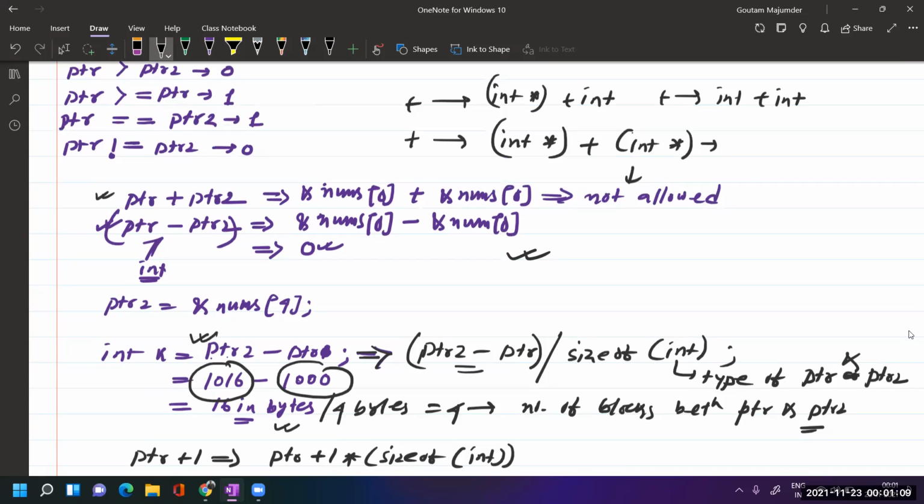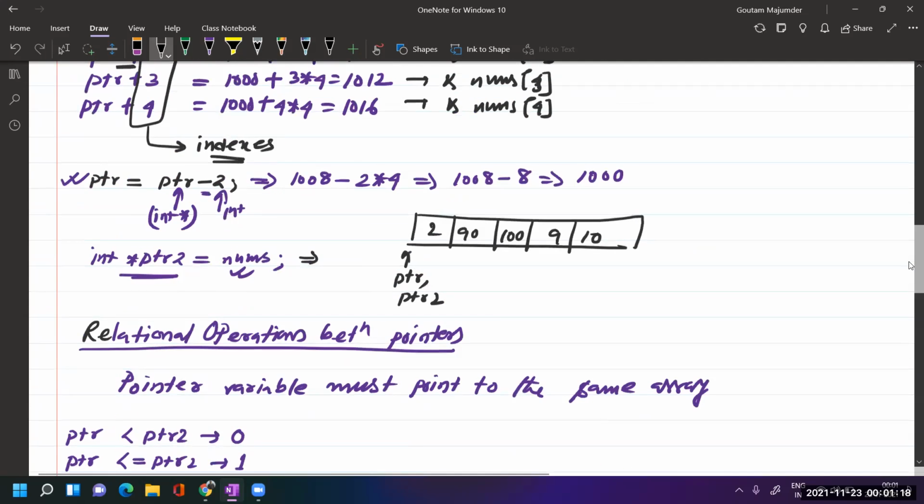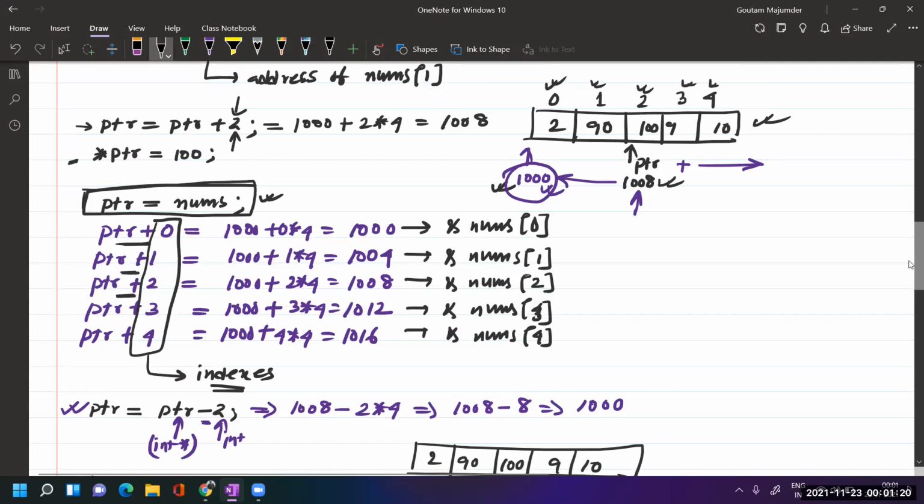Okay, so I hope you understand how pointer arithmetic is performed. I have also discussed the relational operators. It is a little bit lengthy video, but to cover every point, it needs some time. C cannot be learned in 3 hours or 2 hours. Videos like 'Learn C in 3 hours' get popular on YouTube. You will not even learn 1%.